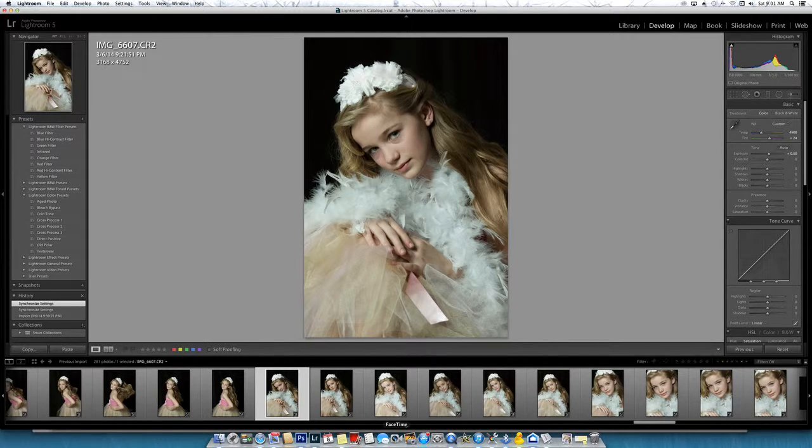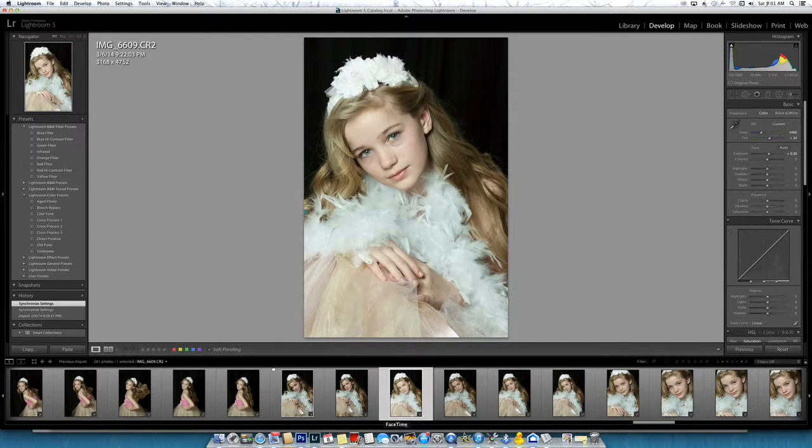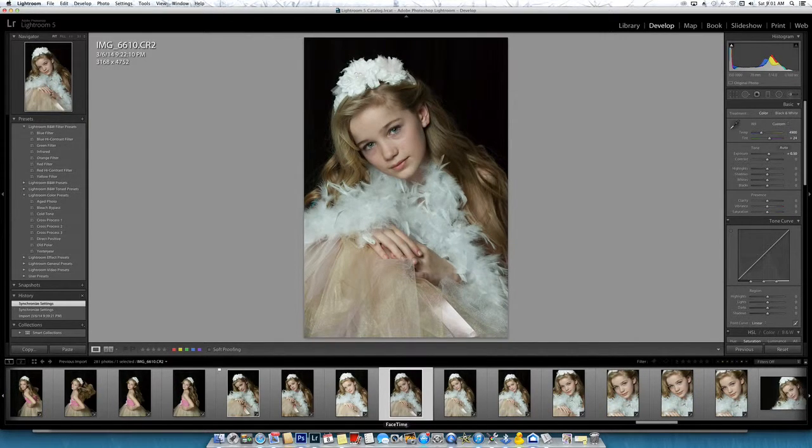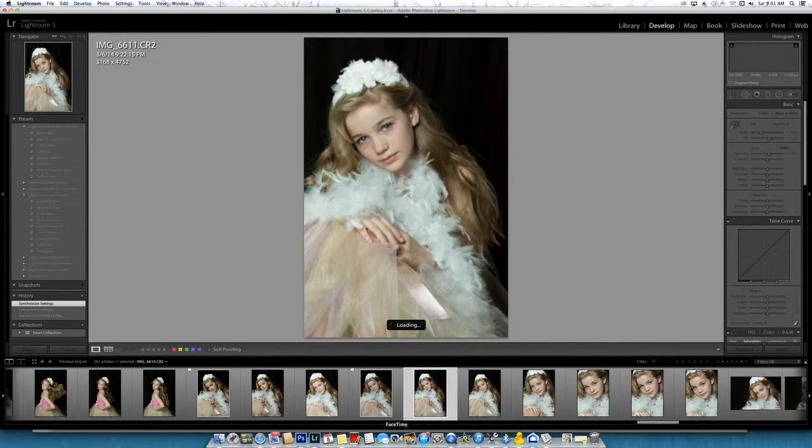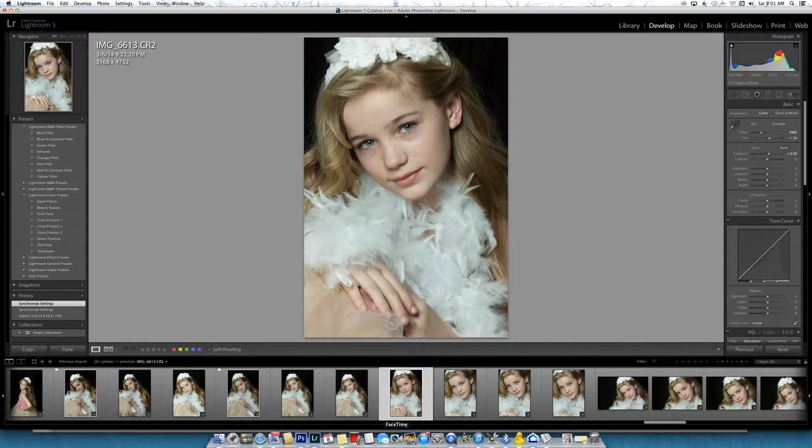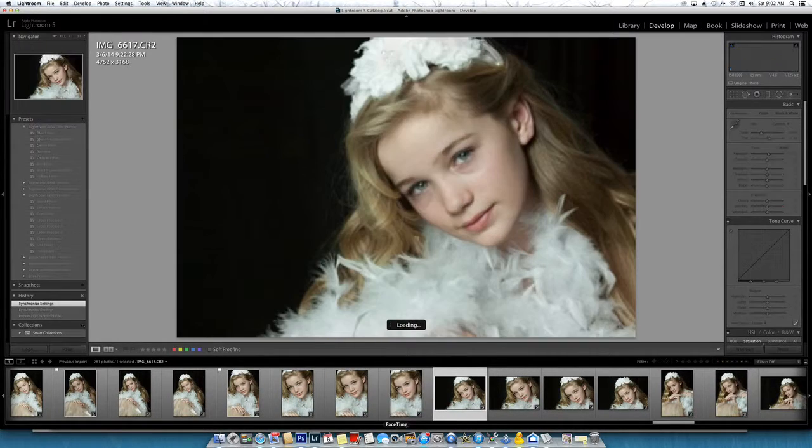So let's say I want to pick this one. I'm going to go ahead and hit the P, and then I'm just going to scroll through the rest of the images until I find another one that I want to pick. So I'm just going to grab a couple of those really quickly. And then what I would do